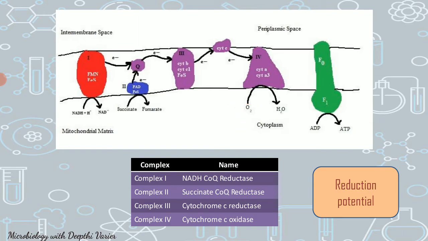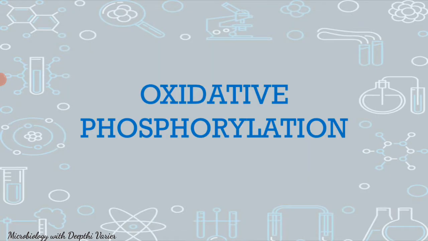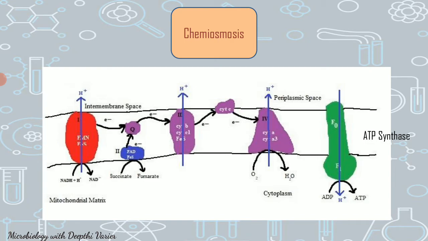But I have not told you where the ATP is being produced. And I told you at the beginning that all of this is being done to produce more and more ATP. So let us see where the ATP is being produced, which is described by a process called oxidative phosphorylation. Now, this oxidative phosphorylation or the chemiosmotic theory or chemiosmosis was described